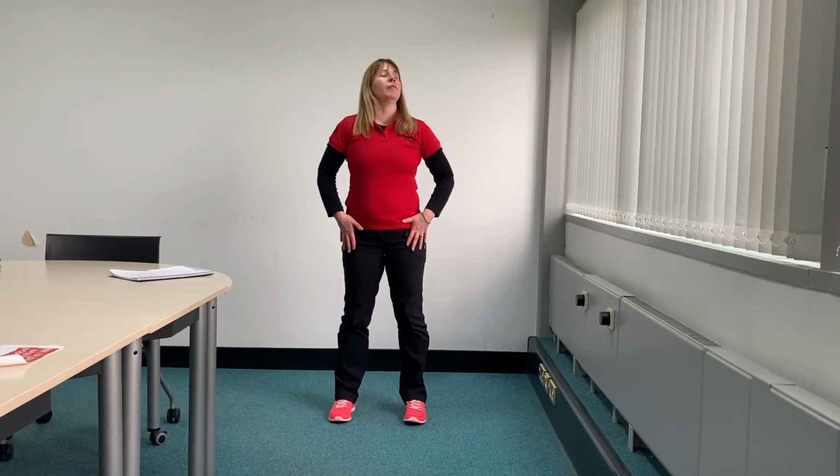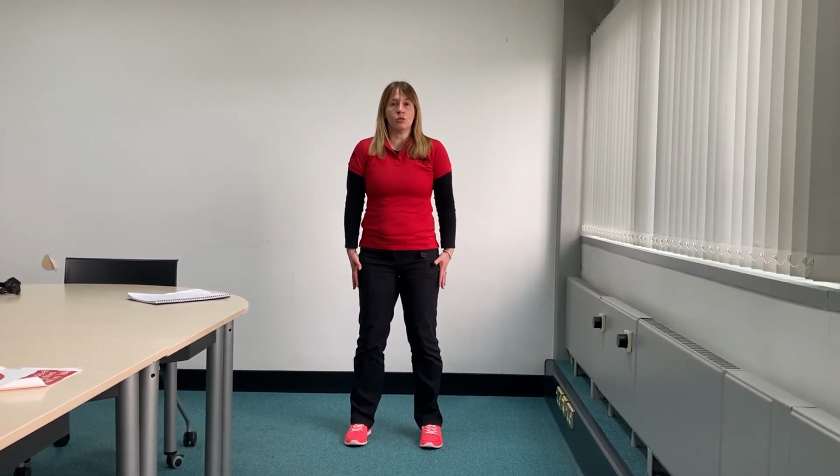Now this next activity is going to work the shoulders, your back, your chest. And we're doing a flying goose. So for this one, bring your hands right by your sides. You're going to lift up your hands to the side, but you're going to lift from the shoulders first of all. So we lift the shoulders, then the elbows, then the hands come up to about shoulder height, and then you drop the shoulders, the elbows, and the hands back down by your side. So you breathe in and breathe out. So the action is shoulders, then elbows, then hands, like the wings of the goose, and then shoulders, elbows, and hands. Breathe in